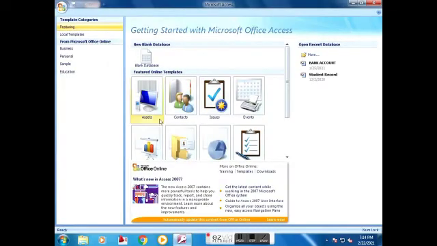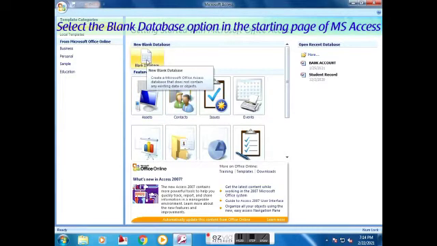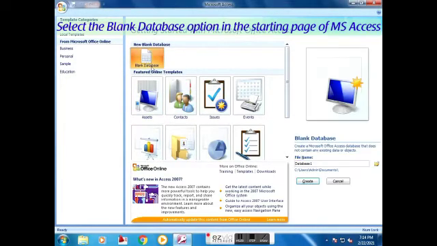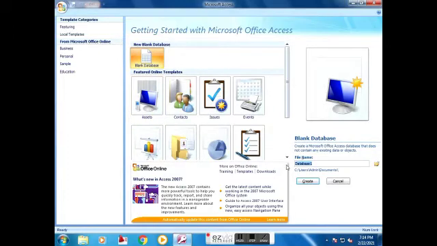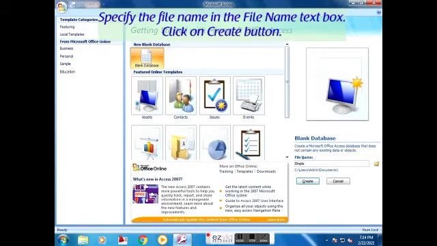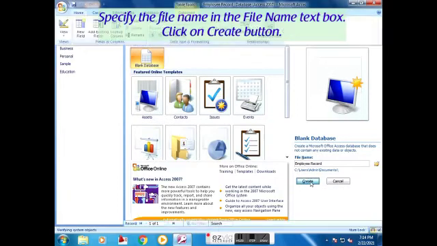Select the Blank Database option on the starting page of MS Access. Specify the file name in the File Name text box and click on the Create button.